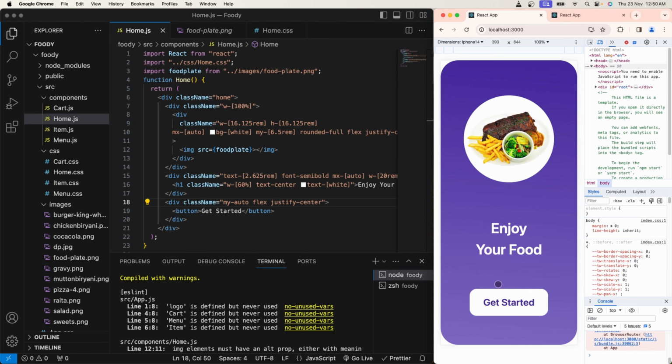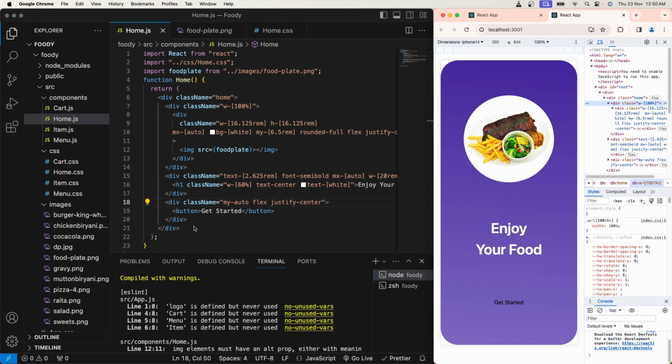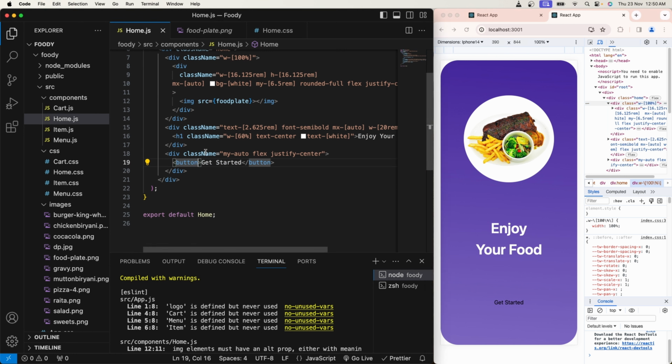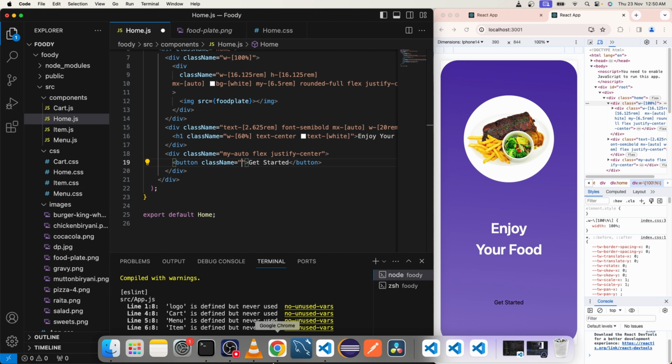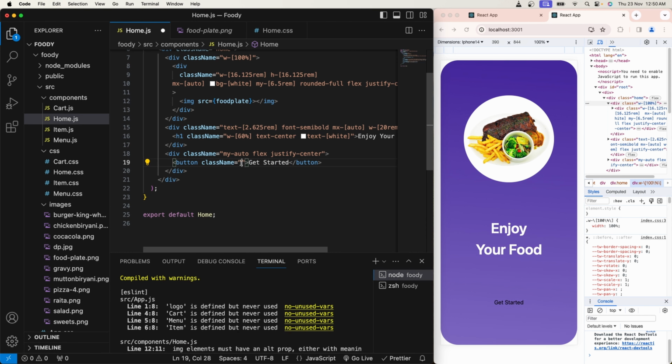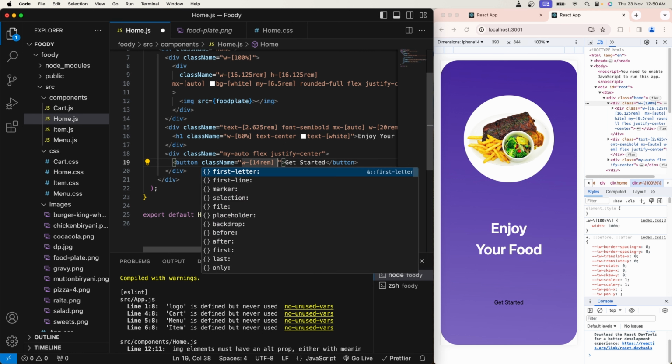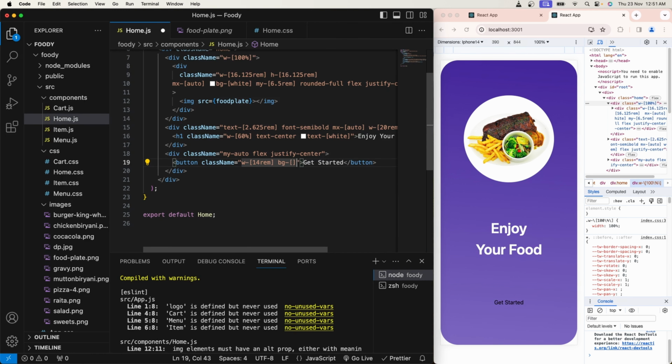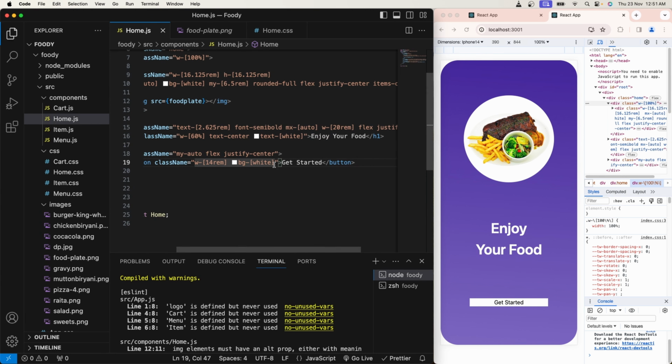Now this button should look like this. So for that I'll go to button, and I'll give a class name of width 14 rem, and then background of white. As you can see, the background white has come. Now we can see the width property clearly. And then,